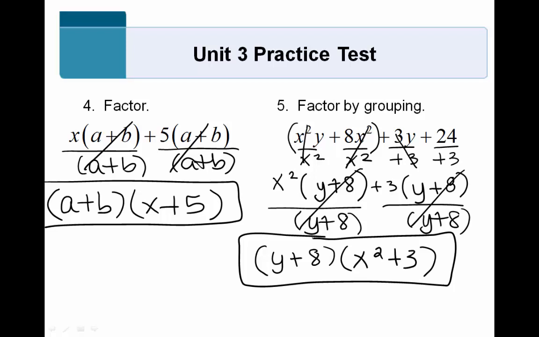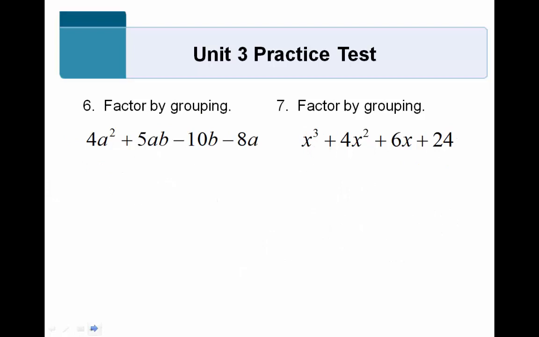All right, moving right along. Factoring by grouping in each of these as well. 4a squared plus 5ab, I can factor an a out of there. So I'll divide each of these by a. 4a squared divided by a is 4a